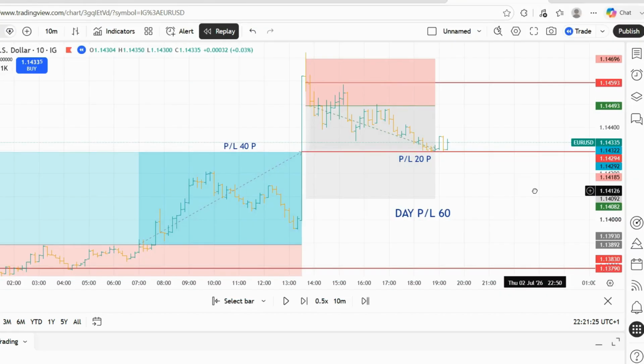The second position demonstrated the importance of respecting the trading window. The bearish trade remained